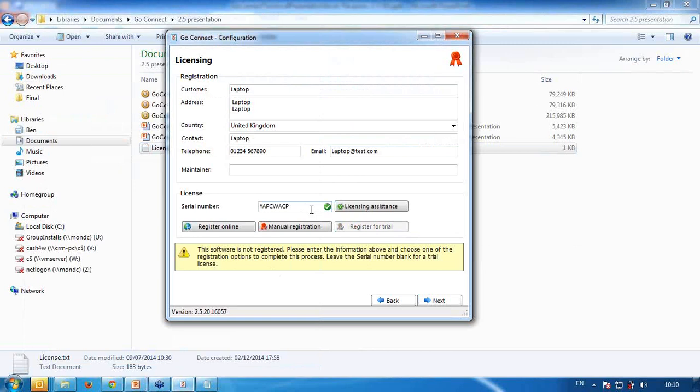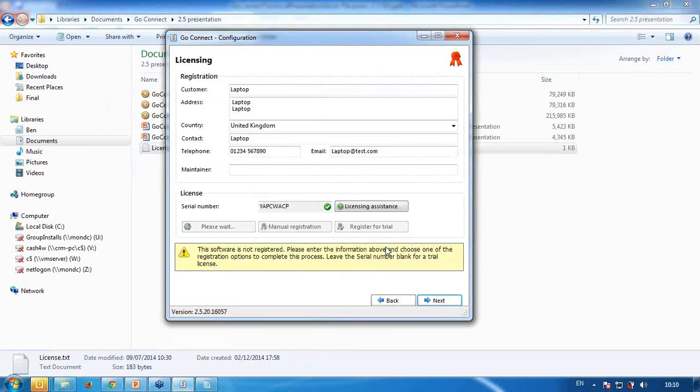The free trial is rather nice. It gives you 30 days of trial. A standard set of, I'm not actually quite sure how many licenses, but more than enough licenses for a customer to use the client software in its full functionality and get to love it and then buy it from you. There's no modules missing from this, the functionality is still there, so it's quite a good way to sell the products. But in this case I'm going to use a proper real license, so I'm going to register it online,